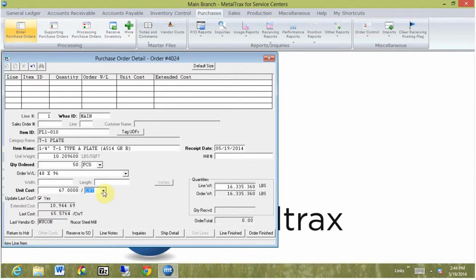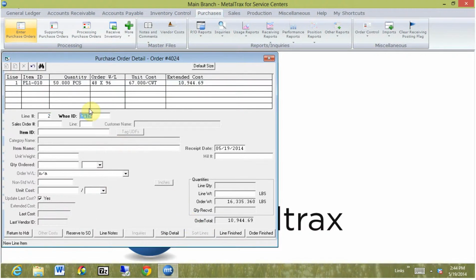Now I don't have to do just per hundredweight. I can do a lot of different valid cost by factors: per square foot, per square inch, per piece, per pound, per hundredweight, per ton, and various different factors. But in this case, let's say I'm choosing per hundredweight, and I say, okay, that's good, I'm done. I simply click on the line finish button, and at this point I can then hit enter and go on